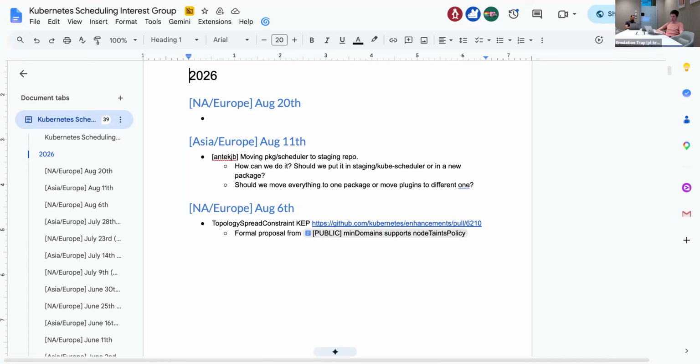And here is the question, should we move it to already existing place, which is kube scheduling, or should we create new place to move all the code? And other question is, should we move everything to one place or divide it into some other packages? Like, for example, should we have special package for plugins or some other parts of our repository?